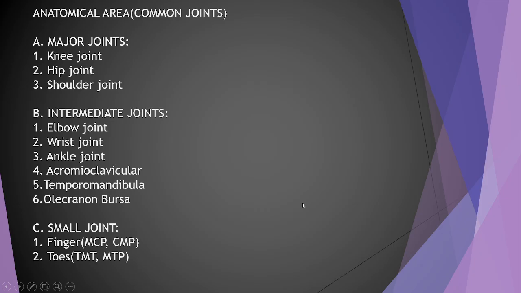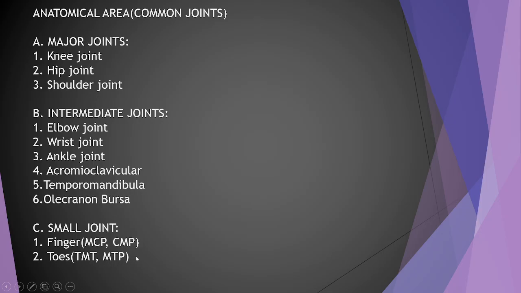Now, for the anatomical area, we have to know that there are three groups of joints: major joints, intermediate joints, and small joints. The major joints are the knee, hip, and shoulder. Intermediate joints include the elbow, wrist, ankle, acromioclavicular, temporomandibular, and olecranon bursa. Small joints are the fingers and toes. Fingers include the metacarpophalangeal and carpometacarpal joints. Toes include the tarsometatarsal joints and